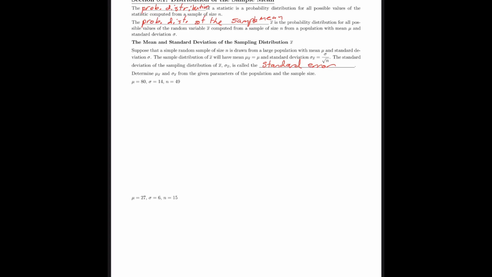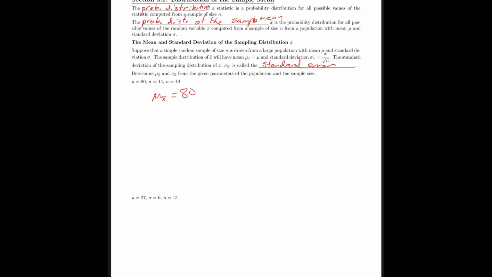However, if you have a small sample, those could deviate quite significantly from the population mean. But in general, if you took the means of all the samples of a certain sample size and found their average, their mean,